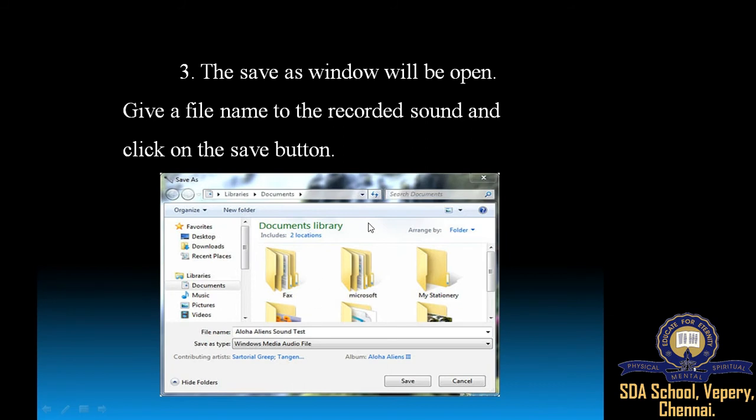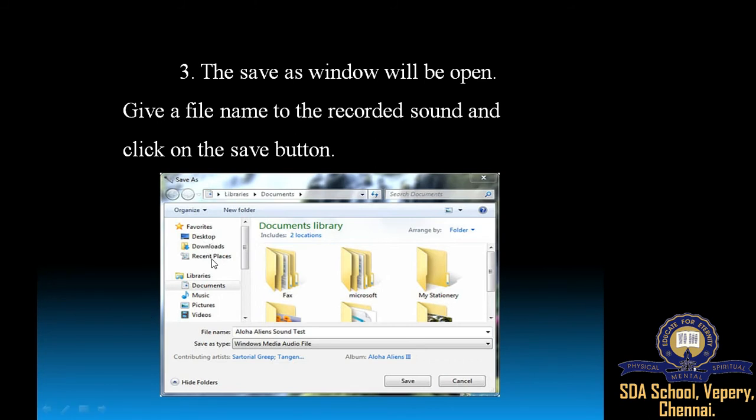Okay, in this picture the file is stored in the documents. Whichever place you want to store the recorded sound, you have to select the options. If you want to store the recorded sound on the desktop, you have to select the desktop option.